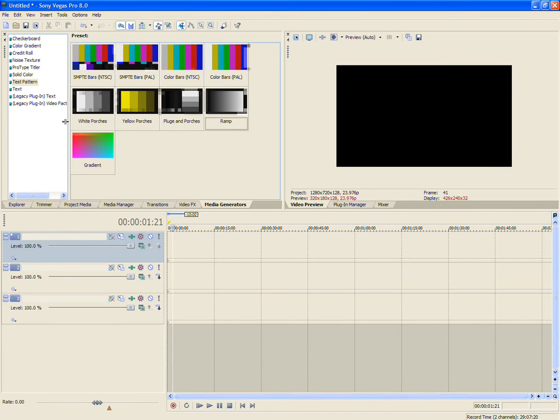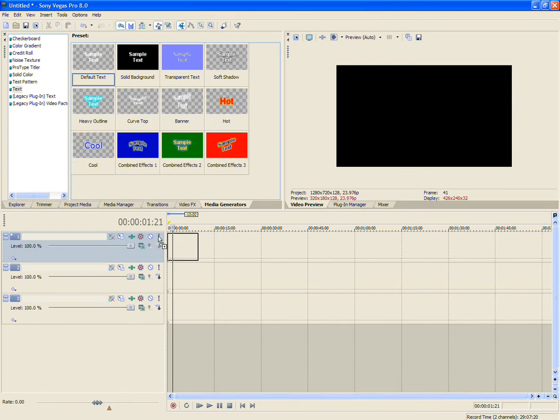I have legacy plugins, but I don't feel like touching those because I don't know what they are, and they seem useless to me. Now, fun things you can do with text is